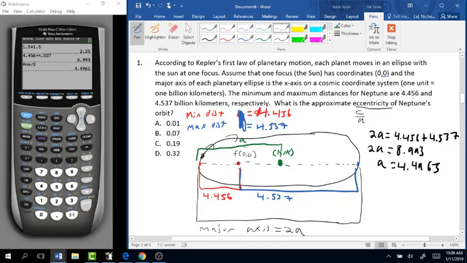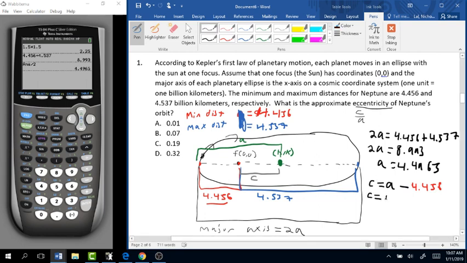This distance right here from the center to the focus is C, because C is the distance from the center to the focus. And if you notice on the graph, C is equal to A minus 4.456. So C equals